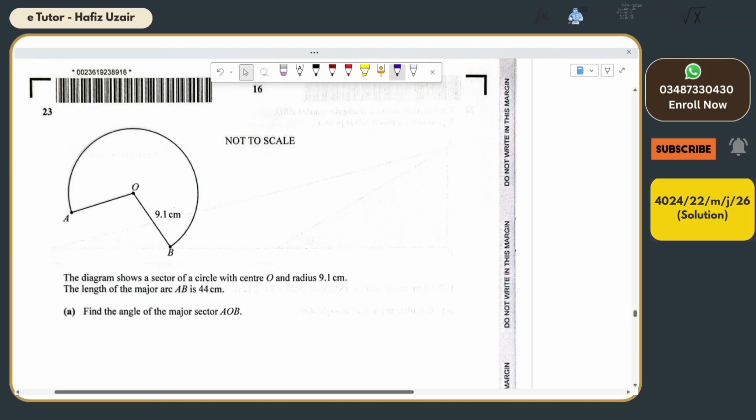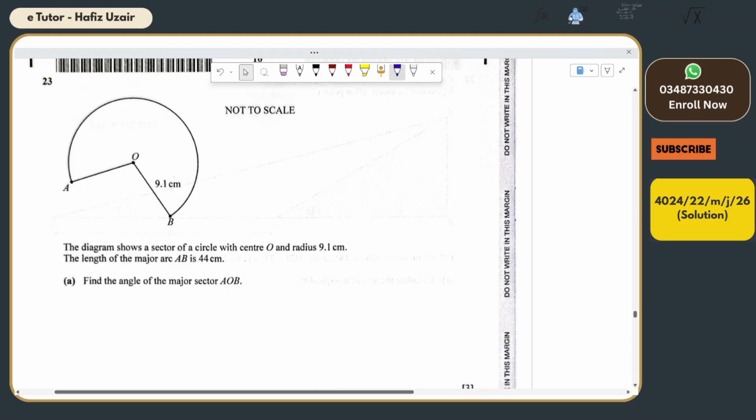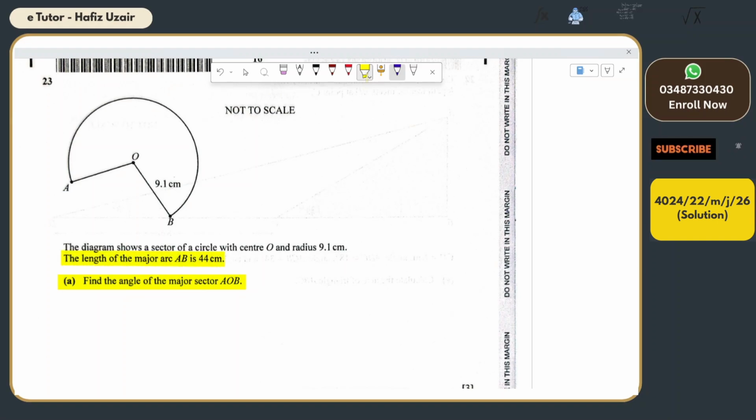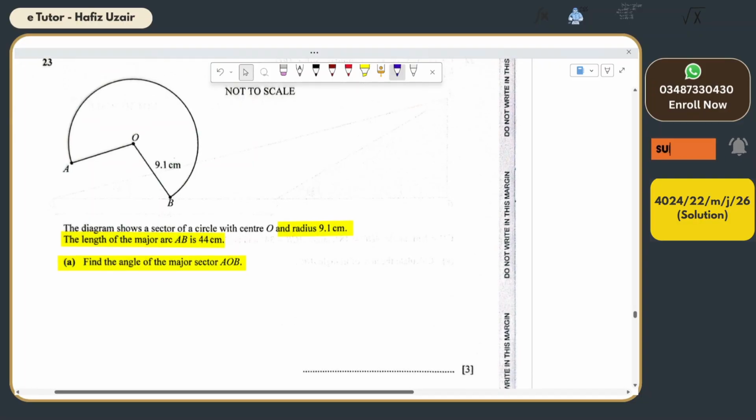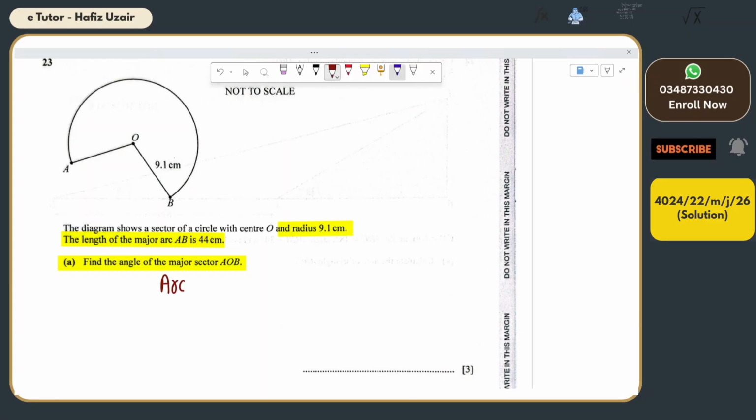Okay, let's move to question number 23. You need to find out the angle of the major sector AOB, and the length of the major arc is 44 centimeter and the radius is 9.1 centimeter. Now, for the angle of the major sector, you are given the arc length. So the formula for arc length is actually,